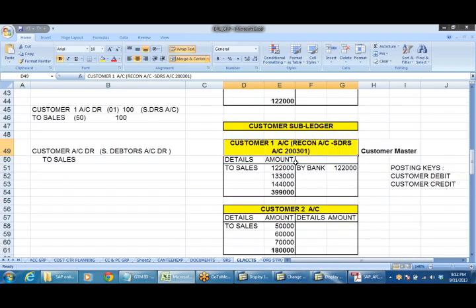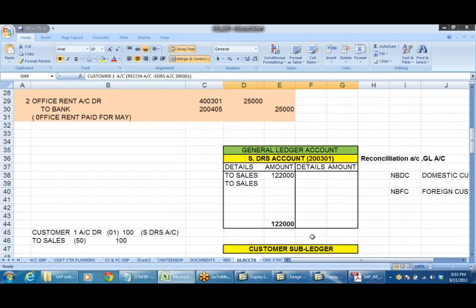The total of all sundry debtors at any given point of time, the balance will be reflected in the sundry debtors, and in the balance sheet, if you see any balance sheet, you will find one cluster figure of sundry debtors. That is derived from the sundry debtors GL account, right?